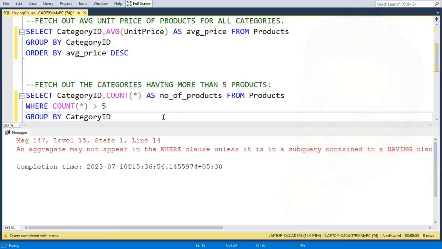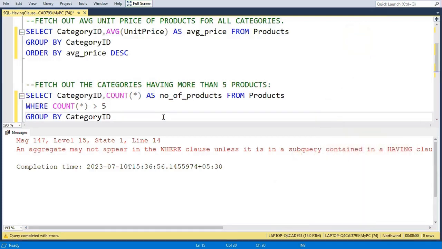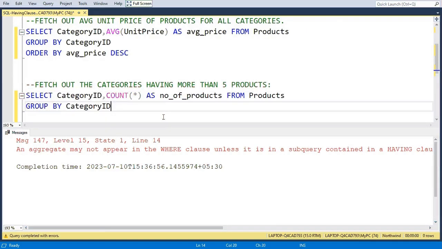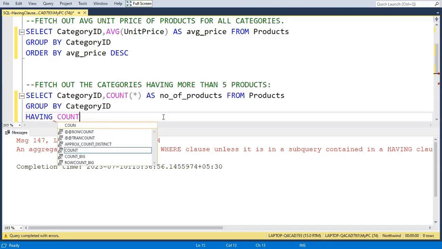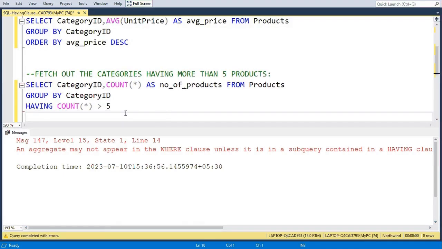Now this is where the HAVING clause comes to the rescue. The HAVING clause allows us to apply conditions to the grouped data, specifically on the aggregated values. Let's modify our previous query to utilize the HAVING clause. Now I will delete this WHERE clause. After the GROUP BY, we write HAVING COUNT star greater than 5. And now if I run it,